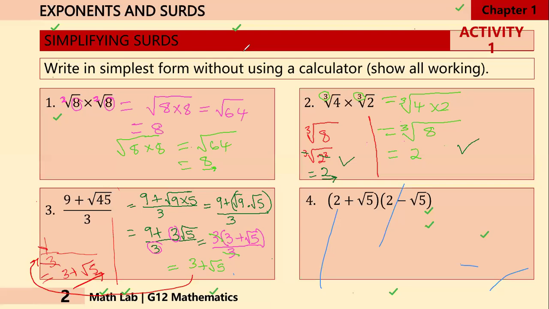So here, on the 45, the reason why we chose to make 9 times 5 is because one of the numbers we're multiplying with has to be a perfect square. Remember, 45 is the same as 15 times 3. So 15 times 3, 3 and 15, they are not perfect squares. That's why we did not use 15 times 3. That's why we chose 9 times 5, because 9 is a perfect square. All right, I hope that is clear.